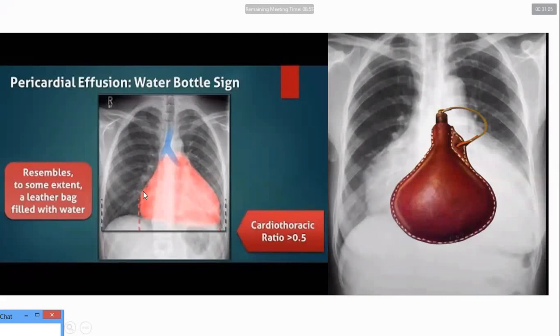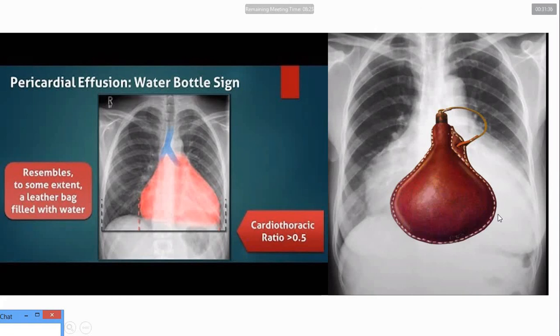Now, cardiomegaly. Don't get confused: enlargement of the cardiac size is not always due to enlargement of the cardiac chambers. When there is pericardial effusion, the cardiac size can also be increased. But what is the difference? We have already discussed chamber enlargement. What is the peculiar feature of chamber enlargement? Now we will discuss pericardial effusion. In pericardial effusion, there is a globular enlargement of the shadow of the heart, which assumes a shape like a water bottle.